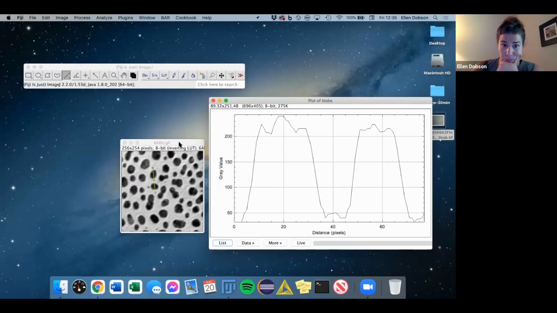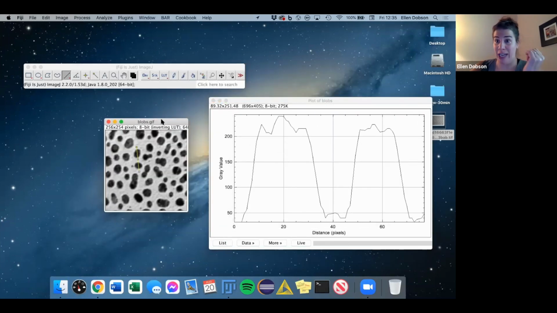So you'll see something that's strange about this profile in this image. Across, you can see the two dots, the two blobs. We have a peak in intensity over those two blobs. But that's a little weird with the image that we're looking at, because it's dark. So the blobs are actually dark. So you would think it would be the opposite, that you see a dip in pixel values over the blobs. Well, if you look closely,